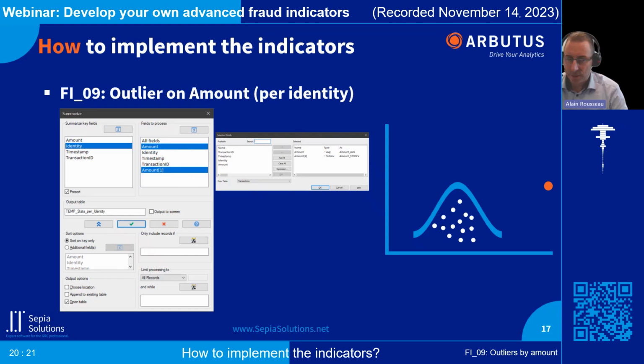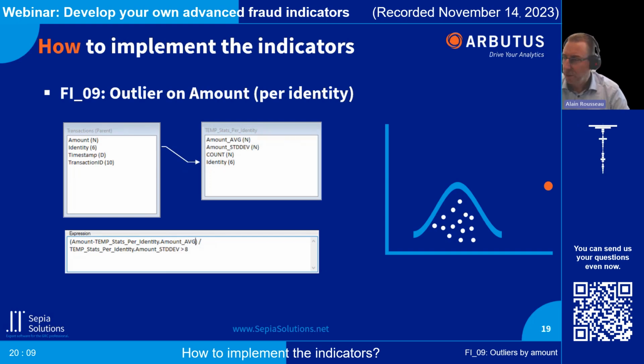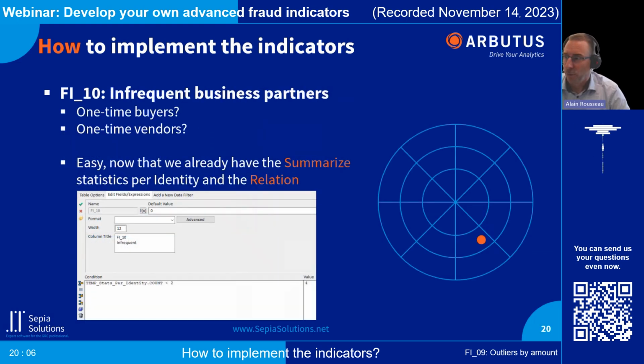So that's, broadly speaking, how you could see the anomalies, the outliers on amount. If there are questions, please let me know. Otherwise, we'll continue with the next one. And the next one, luckily, is now far easier. This is the one-time buyer, the one-time vendor,